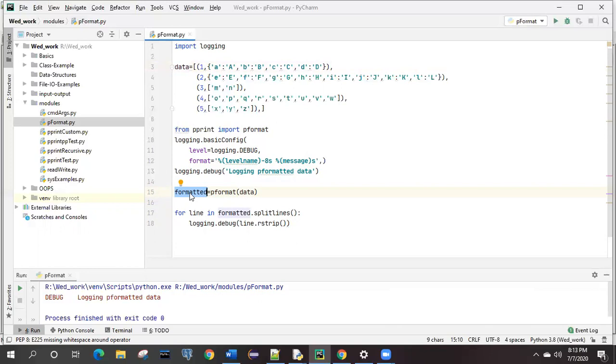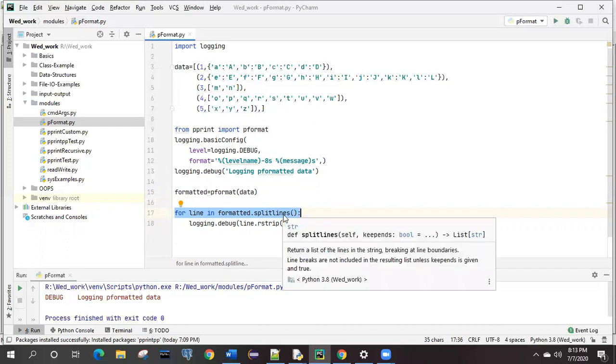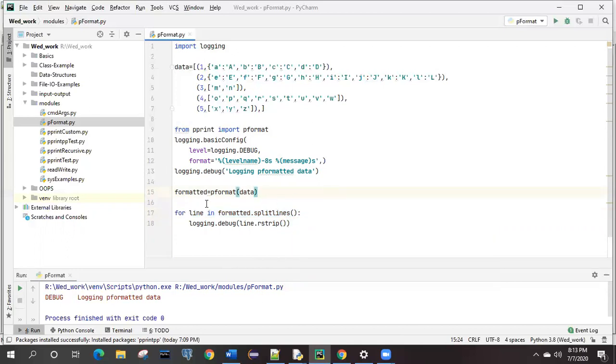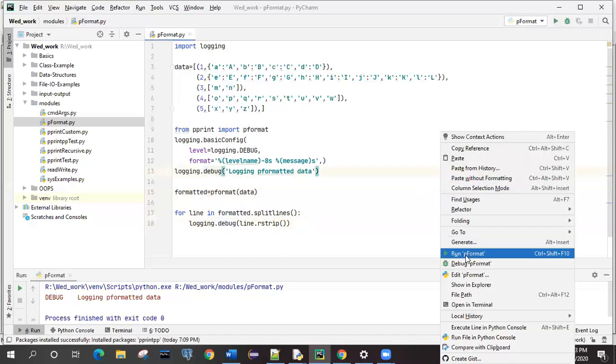What we will do, because it was showing the output in multiple lines, right? Line by line it was showing. So on each and every line, we will put some logging information now. Because it will have multiple lines, we have to make use of loops. If you see the loop, it says for line in formatted.splitlines. By default, how will the lines be split, based on the space, right? And for every line, it will give you some debugging information. Let me run it, then we'll explain.